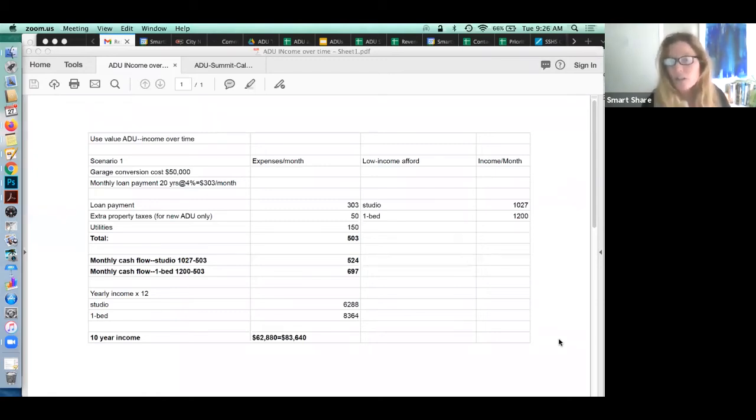And so that could really benefit that homeowner wanting to supplement their income and needing to pay extra expenses. As Celeste mentioned, what we're seeing is a lot of house rich, cash poor homeowners, particularly fixed income single seniors, who are struggling to maintain their home and pay outside expenses. So that added $500 to $700 could go a long way towards supplementing expenses. And then that adds up over time, those benefits accumulate. We could see from $6,000 to $8,000 of income benefit over a yearly period. And if we looked at that over a 10-year period, we could see a straight payback from $60,000 to $85,000. And indeed, then that rental income could pay back the full expense of the simple low-end